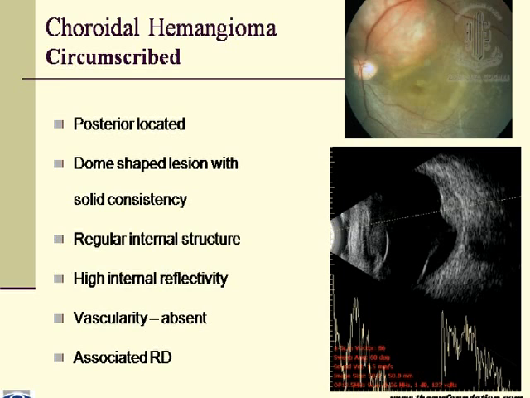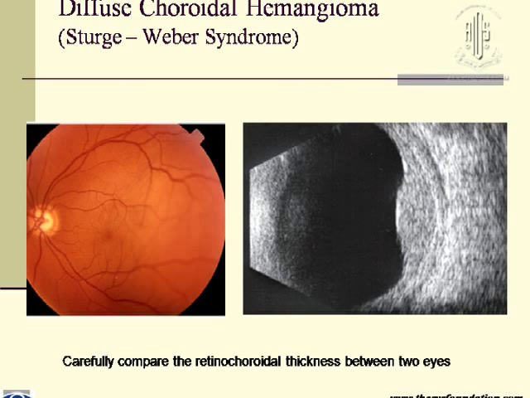So these two features often help us to differentiate hemangiomas from melanomas, and usually the retinal detachment that we see in hemangiomas is more extensive than what we see with melanomas. But also remember that sometimes we do see the diffuse type of hemangioma in association with Sturge-Weber syndrome, where we may not see a typical mass lesion, but it can be just a thickening of the retinochoroidal layer, which is more obvious on the posterior pole, and in doubtful cases it is always better to compare the thickness between the